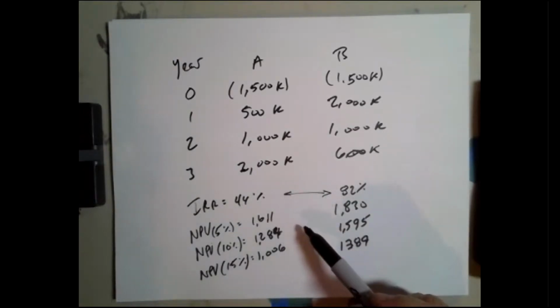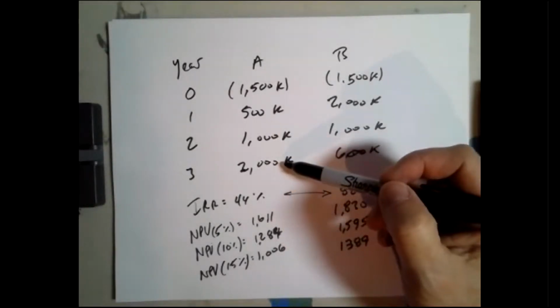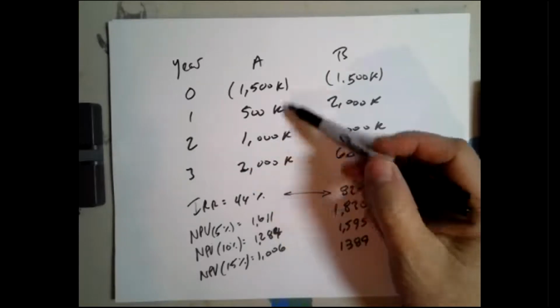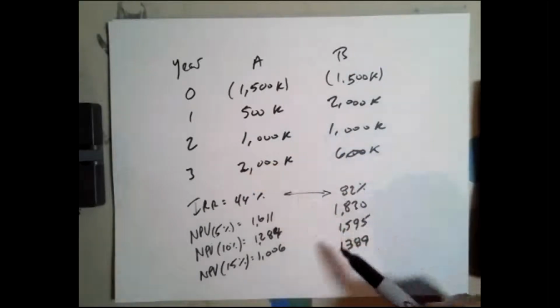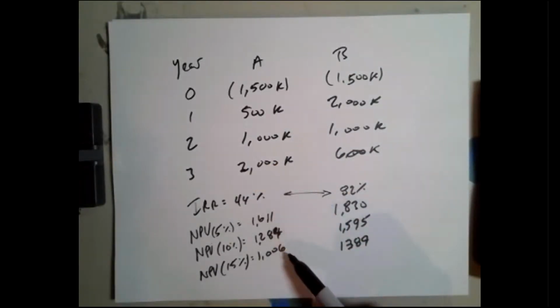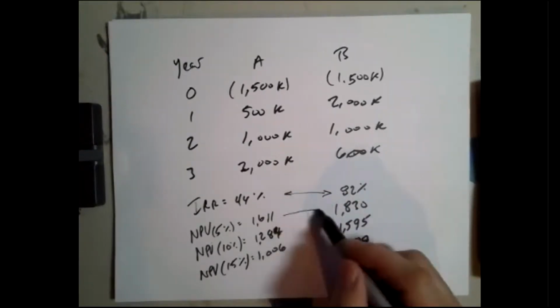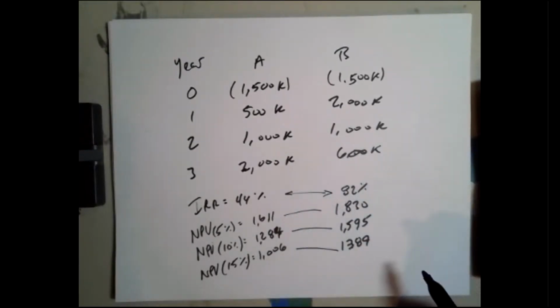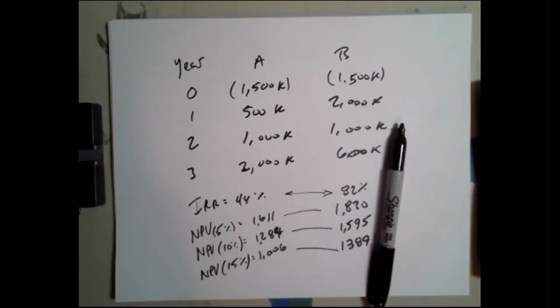And so increasing the discount rate reduces the future value of the cash flows. So when you apply a 15% discount rate to $2,000 over 3 years, that's much more dramatic than if you apply a 5% discount over 3 years. So as you would expect, the NPVs decrease over time, but Project A, under each of these circumstances, comes out ahead. So that is the answer to problem 14.2 A and B,